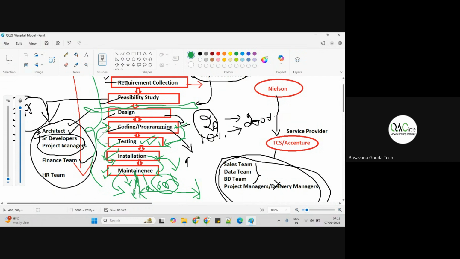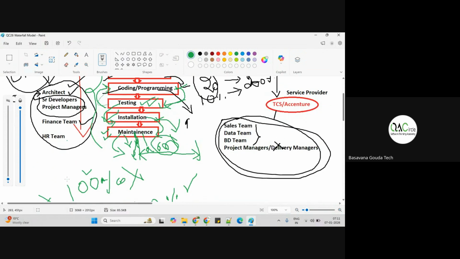A small note. Next line, note: 100% testing is not possible. Put one hyphen in front of that and continue. Because